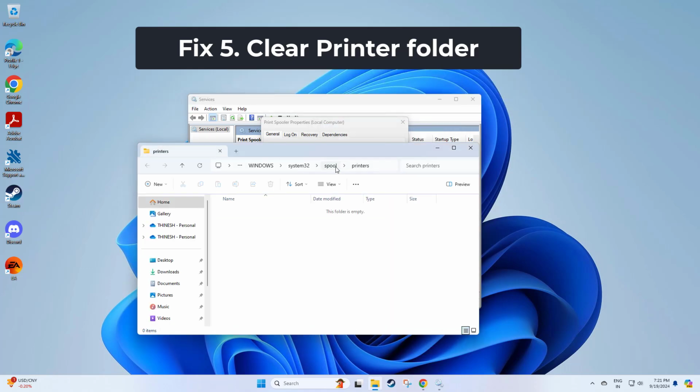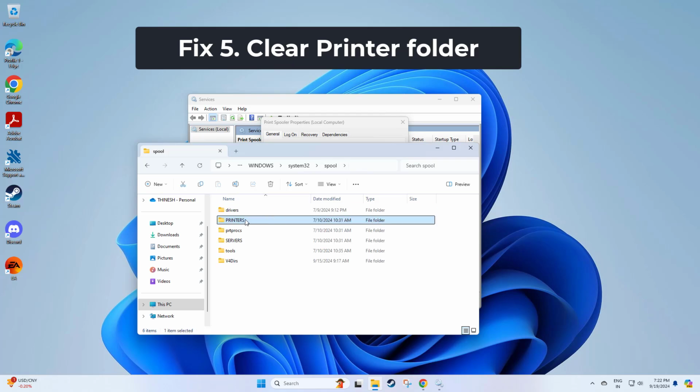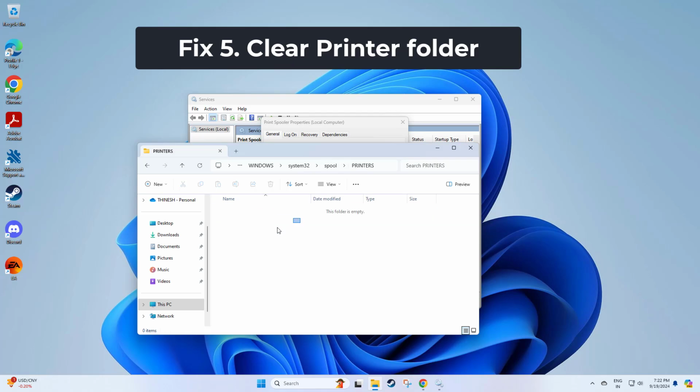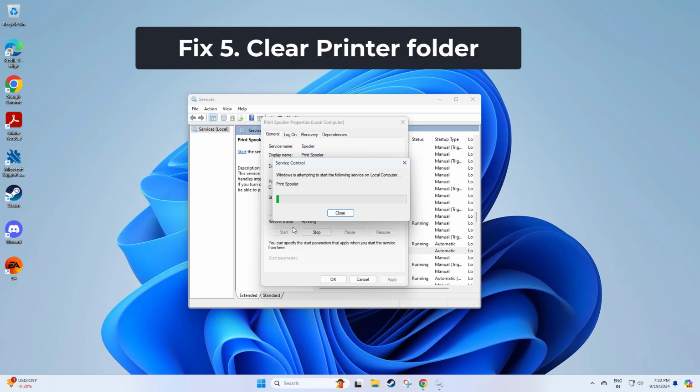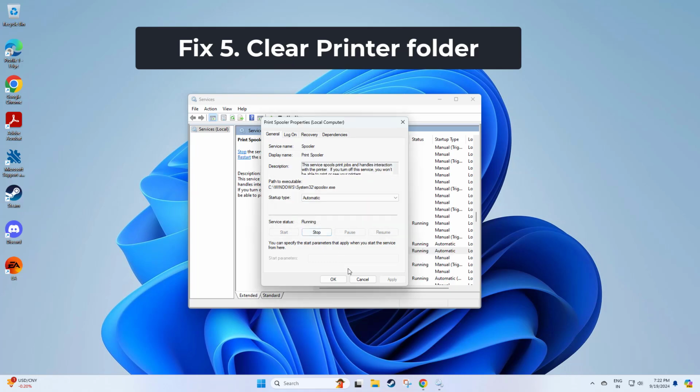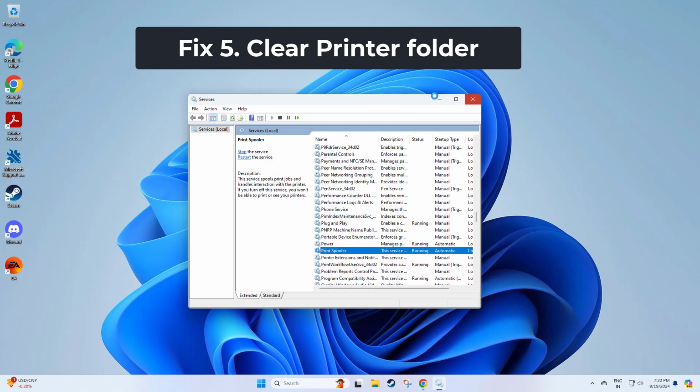This should open the printers folder. Delete all files within this folder. After clearing the folder, go back to the Services window, find the Print Spooler service, right-click on it, and select Start. If that didn't work,